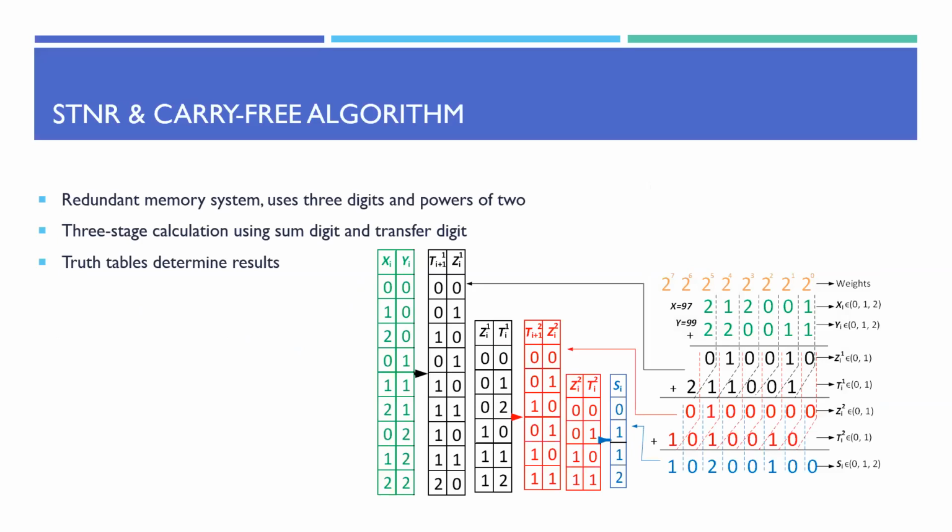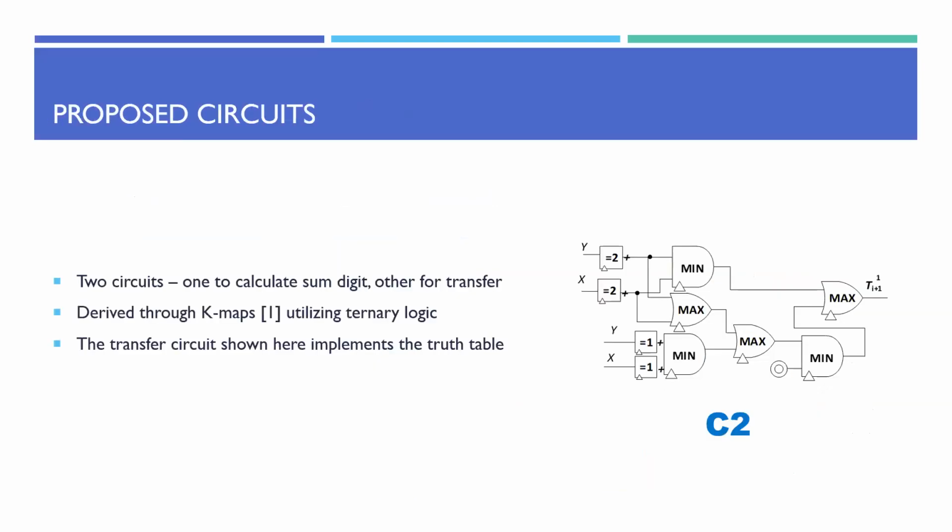The algorithm works in 3 phases. The first 2 phases each produce a sum digit and a transfer digit, and then the third phase produces just one sum digit, and it is the total sum of the whole calculation. So for the C2 circuit, we were able to use Karnaugh maps to derive ternary logic gates straight from the